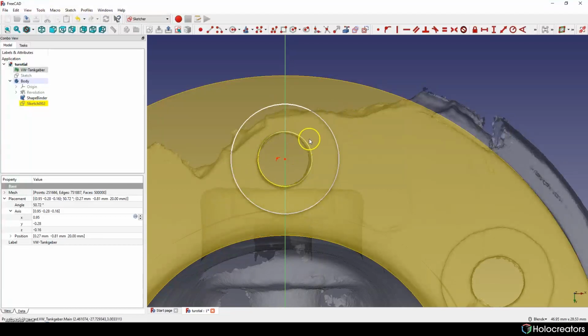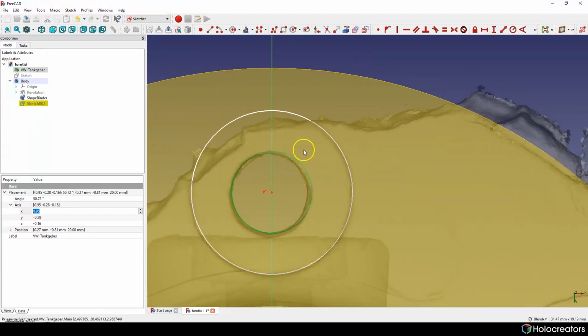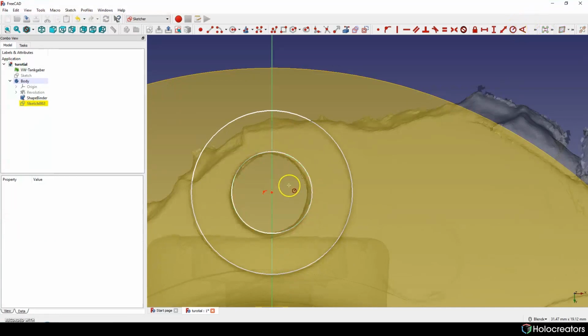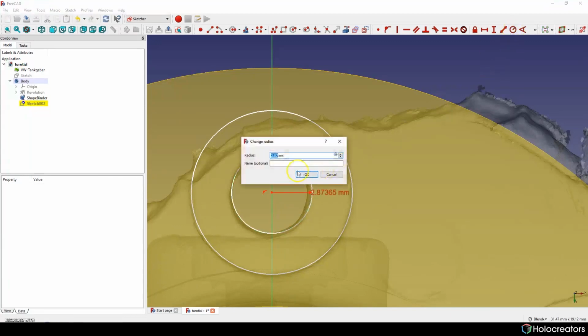So to make a constraint for a circle, we can choose our circle and then press here. Okay, and we're gonna type 5.6 divided by 2.